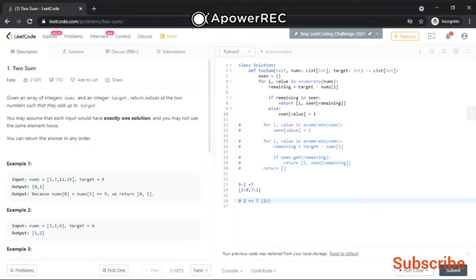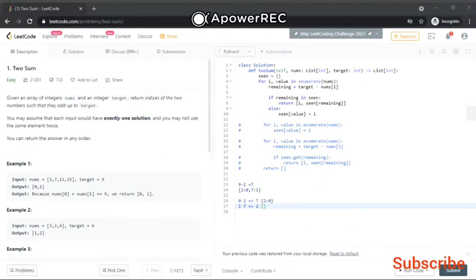Now we come to the second iteration. We get 1 comma 7, and when you subtract it, you get 2. The dictionary will look like 2 colon 0, and we store it like this. This is how your dictionary looks after the second iteration.